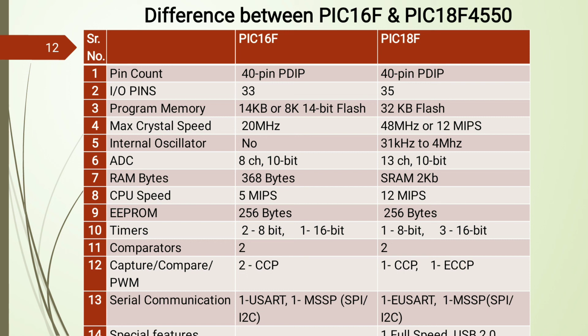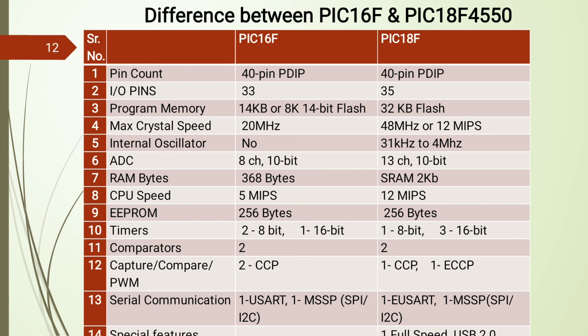Again, in the instruction set, some instructions are enhanced, that is in case of PIC 16F only addition and subtraction instructions are there with regard to ALU operations, but in case of PIC 18F, instructions are available for performing multiplication and division directly. So this advancement is also useful for the user while using the operations, that is ALU operations. So by performing these kinds of operations, PIC 18F supports better as compared to the 16F.